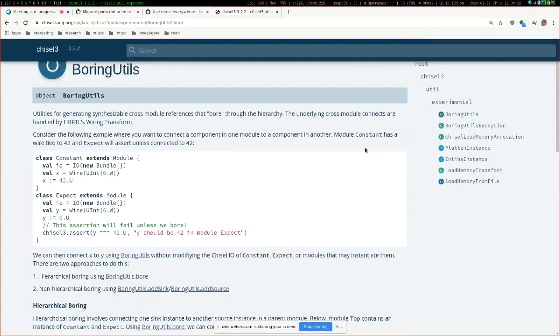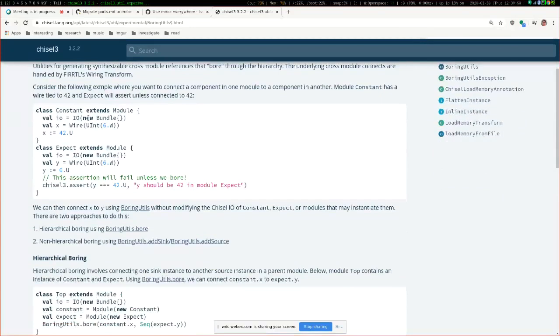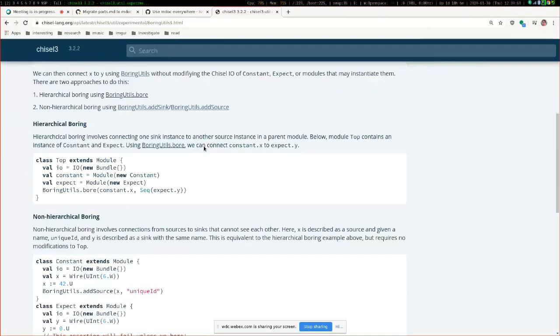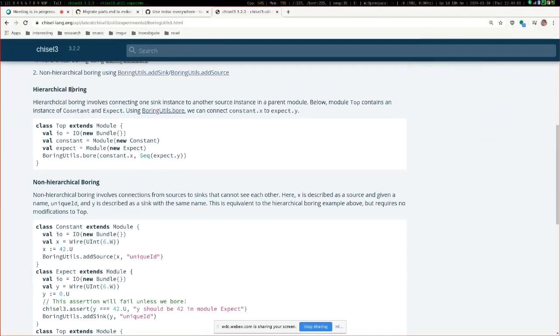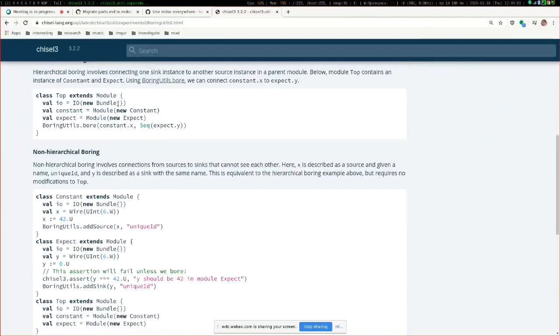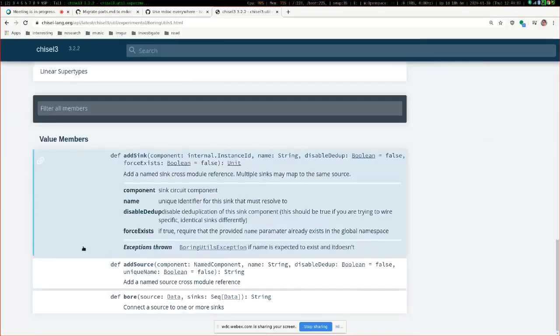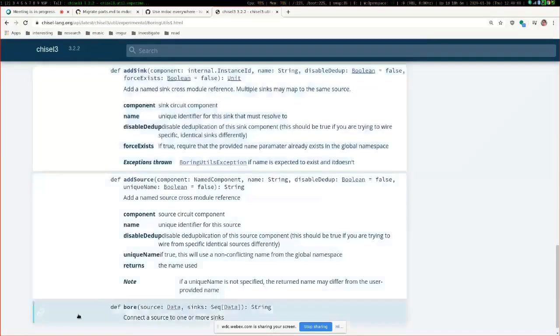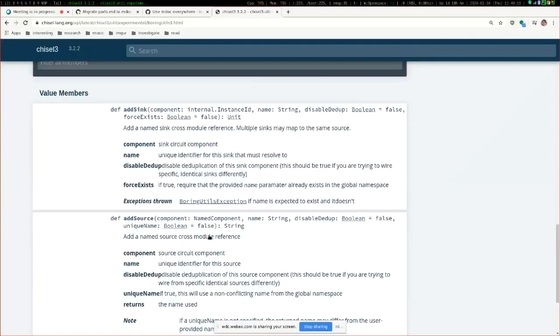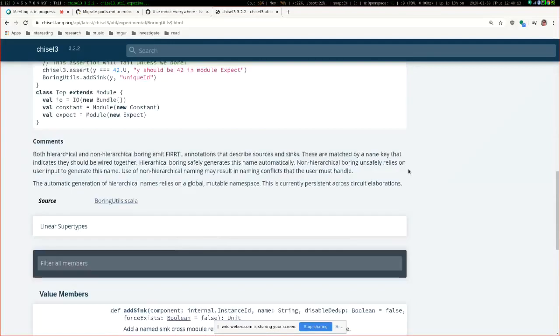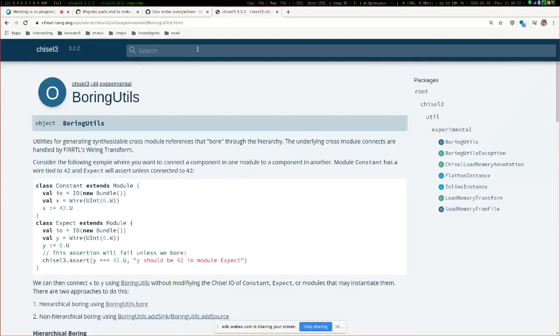Cool. How do I use it? There are examples here that start off with a basic example and then show different types of boring that you can do with it. All of the methods here have full documentation, and that's great. This is intended to be that initial point of, what is this? How do I use it? And obviously there are more potentially useful things for this,